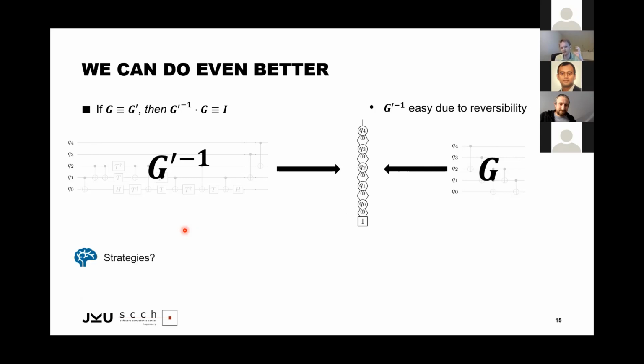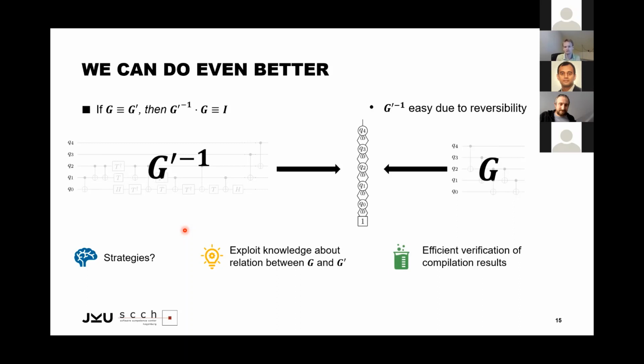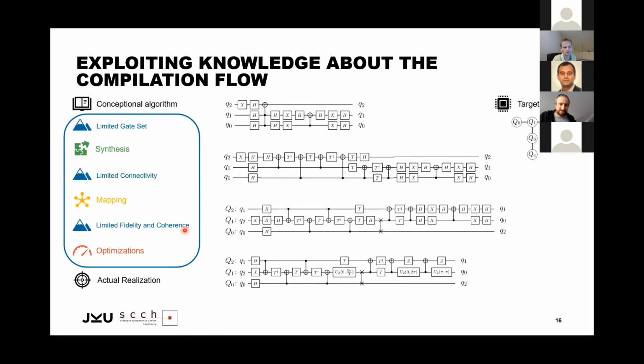For this, I need dedicated strategies. I have to exploit the knowledge about the relation between these two circuits. And here, compilation results could help a lot, because as you know, we have a compilation result where we map, for example, this gate to a particular sequence of gates here, and then compilation results where you map qubits, where you add swap gates. And if you know what happens in your compilation results, you will be able to use that in the verification, because something like this relation here is really easy to incorporate into a verification flow.